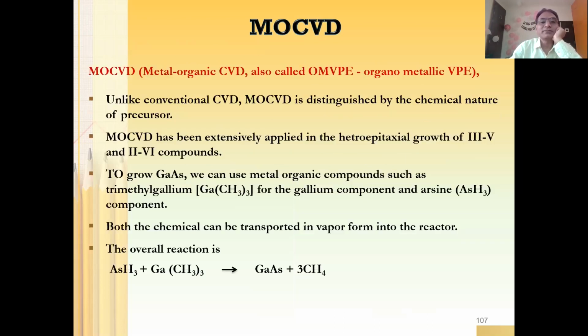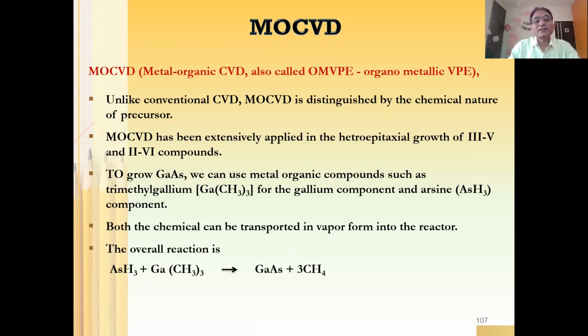Last one is MOCVD. MOCVD is metal organic CVD, also called OMVPE, organometallic vapor phase epitaxy. Unlike conventional CVD, MOCVD is distinguished by the chemical nature of the precursor. So here, since it is called metal organic, all precursors are going to be chemical in nature. MOCVD has been extensively applied in the heteroepitaxial growth of